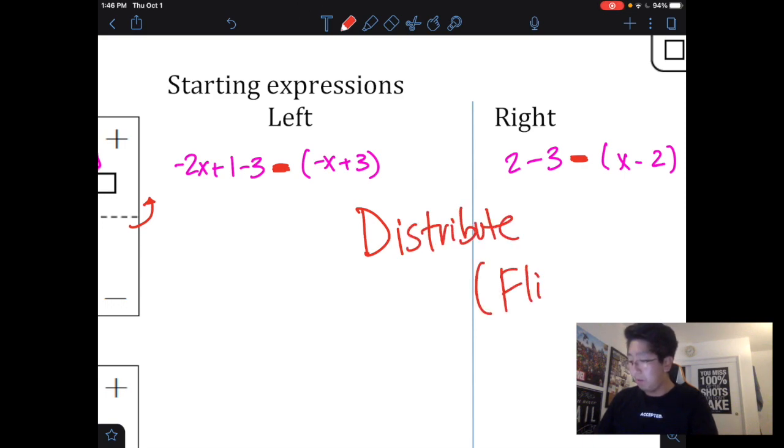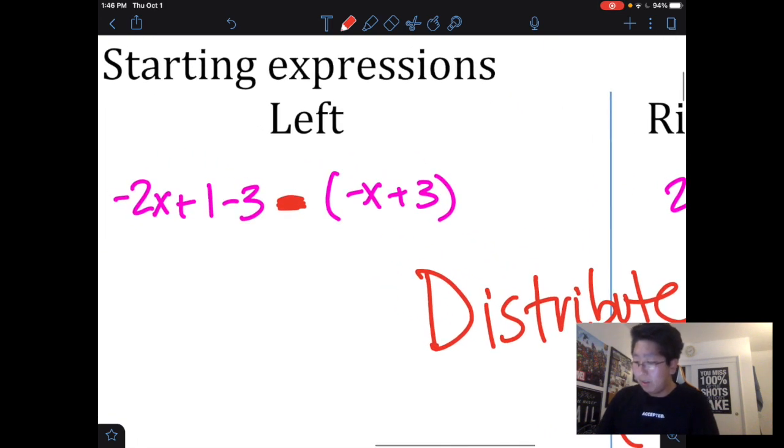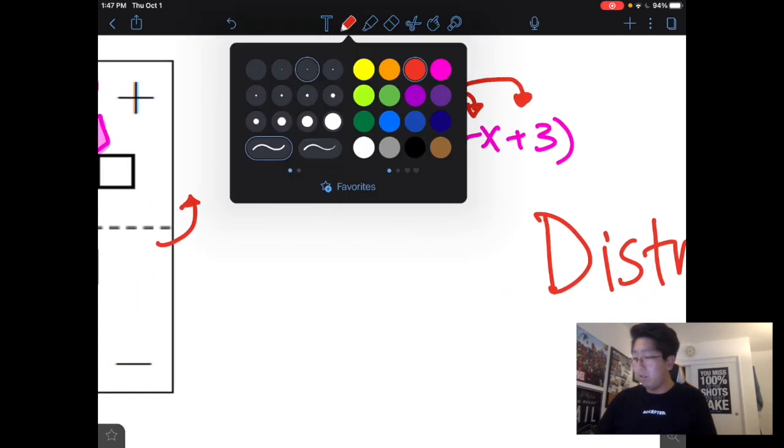So I'm going to put flip in parentheses. So when we flip, remember, what does this portion tell us? Parentheses with a negative sign tells us opposite. So I know that it's going to be the opposite of negative x, and it's going to be the opposite of positive x. So if I wrote this down,